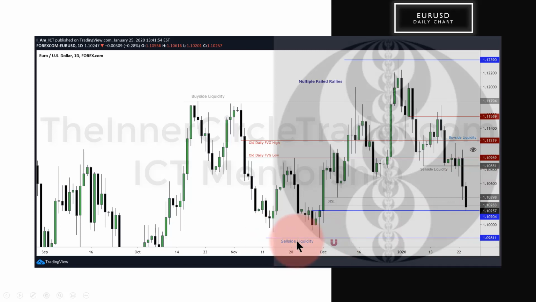This is the draw on liquidity. It does not mean at this moment that price is going to go straight down to that level. That's not what I'm saying, but I'm saying from a directional bias on the daily chart, that's where price is most likely to be drawn to. Now, if we go a little bit lower, or if we start to rally up in here, the effects of this draw may diminish.